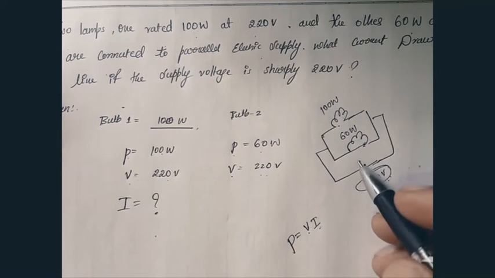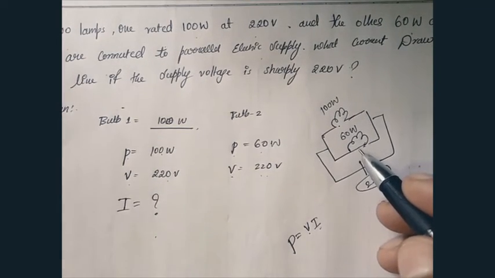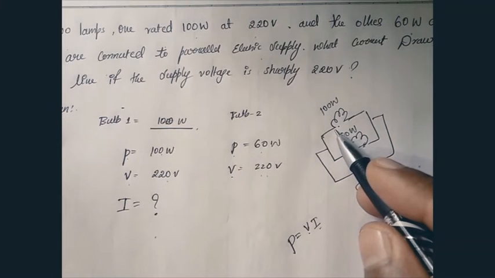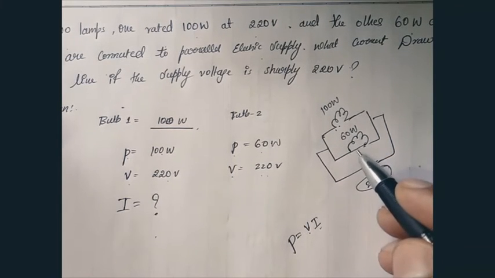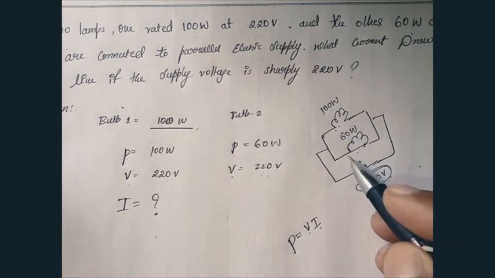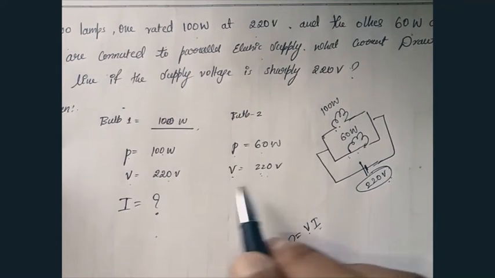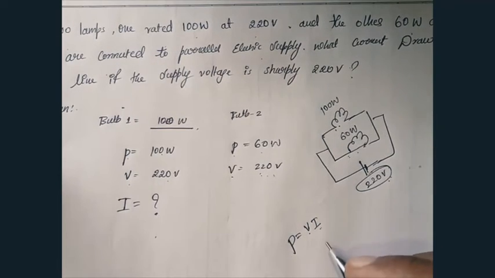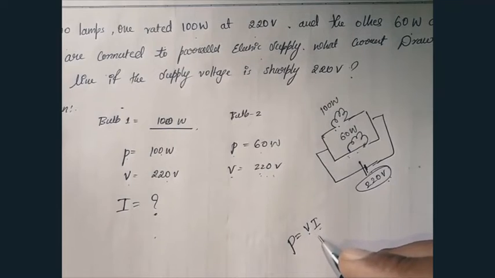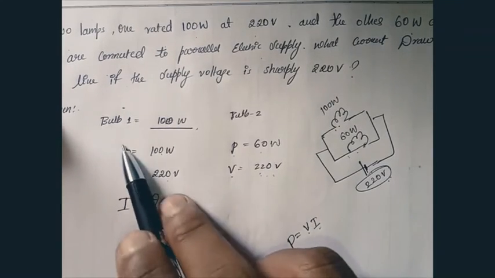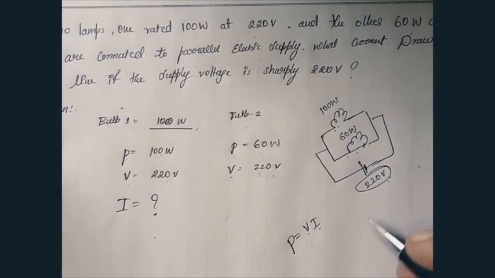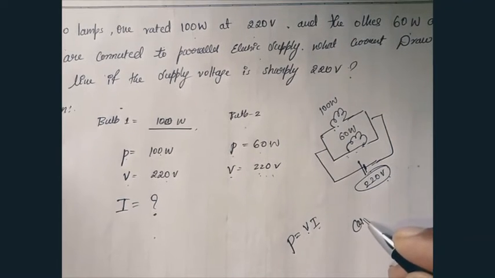So we know from our previous lecture that whenever something is in parallel, whether it is a resistor or a bulb, the voltage remains the same. So this 220 and 220 will remain the same. So I can write that. If there are two bulbs, bulb 1 and bulb 2, I have to take case 1, right? So for case 1,